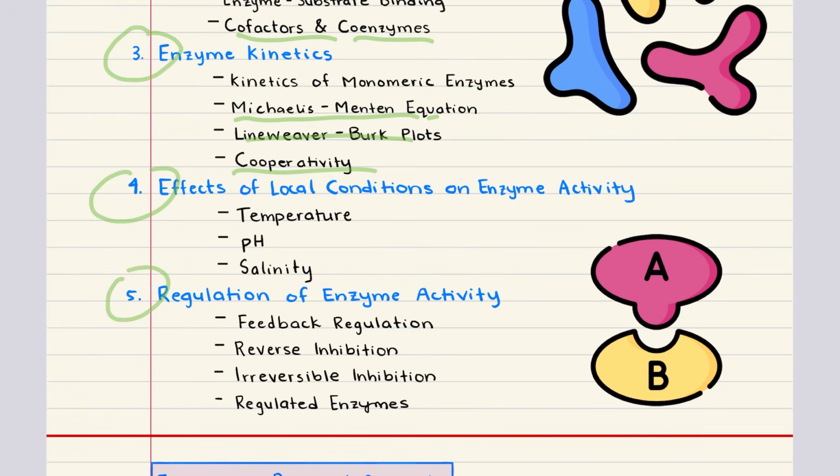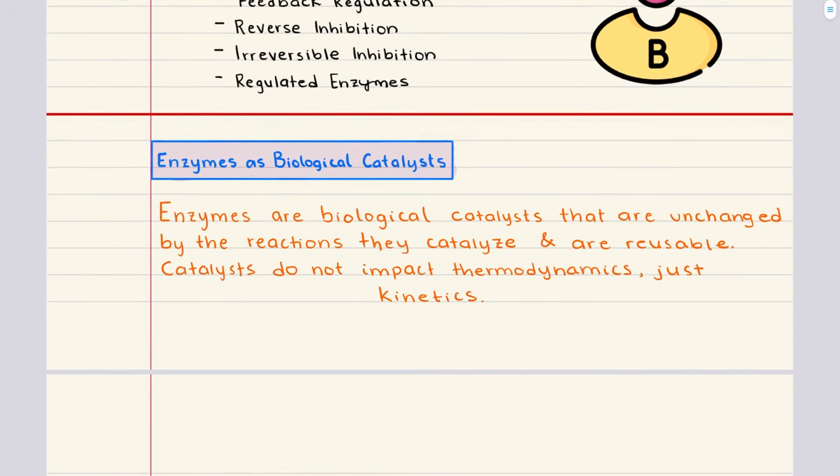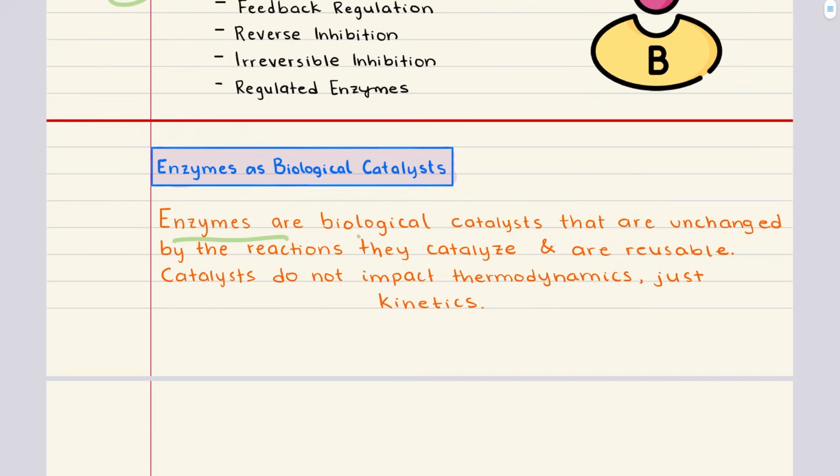Finally, we're going to finish with the regulation of enzyme activity. We're going to go over feedback mechanisms and different types of enzyme inhibition, including competitive, non-competitive, and uncompetitive, as well as irreversible inhibition. We're also going to discuss how some enzymes are made in an inactive form and then they're later activated when needed. With this introduction in place, let's begin with the first objective and talk about enzymes as